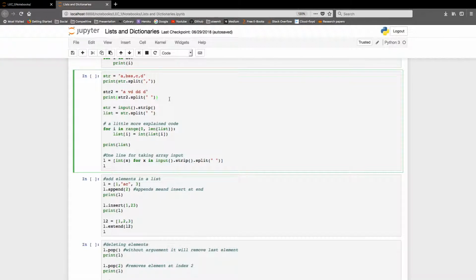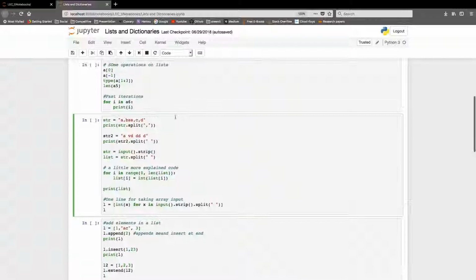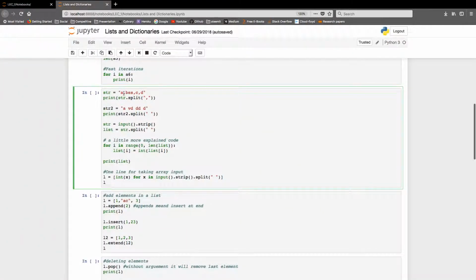So starting off, right over here, what I've done is we have declared a string which has some values. This here is a string, right, because it is written in double quotes. Now what we want to do is separate all of these elements, like A, BSS, C and D, which are all separate elements, using comma as the